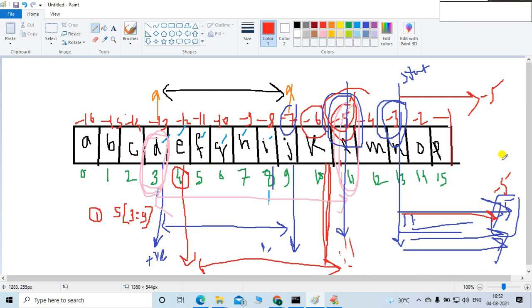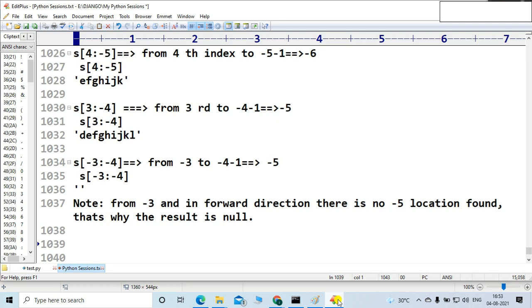That's why the result is null in this case. So if in the forward direction you don't get the position, any index, then the result is null. That is a note. This rule you have to keep in mind.